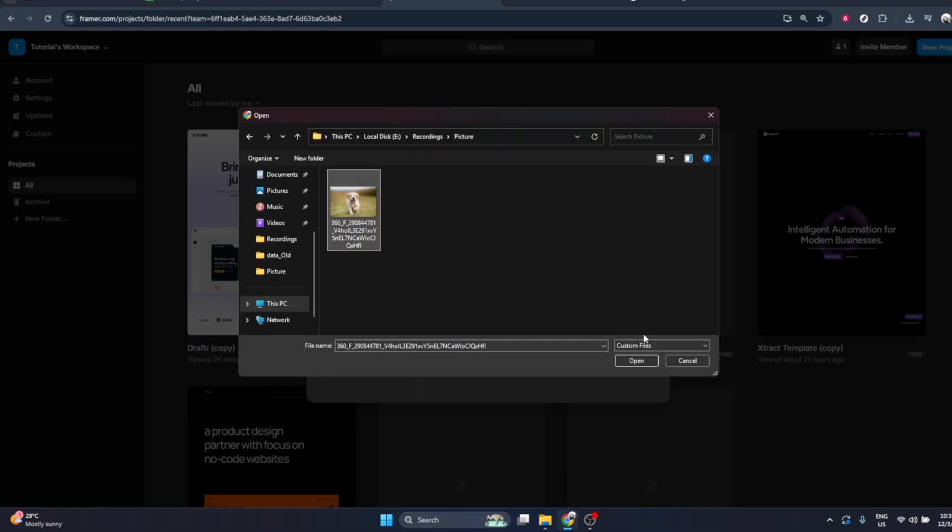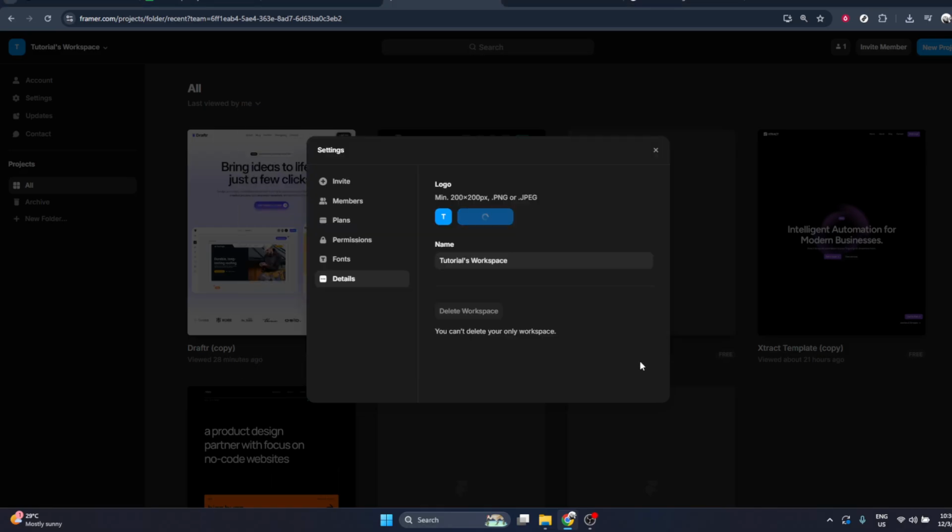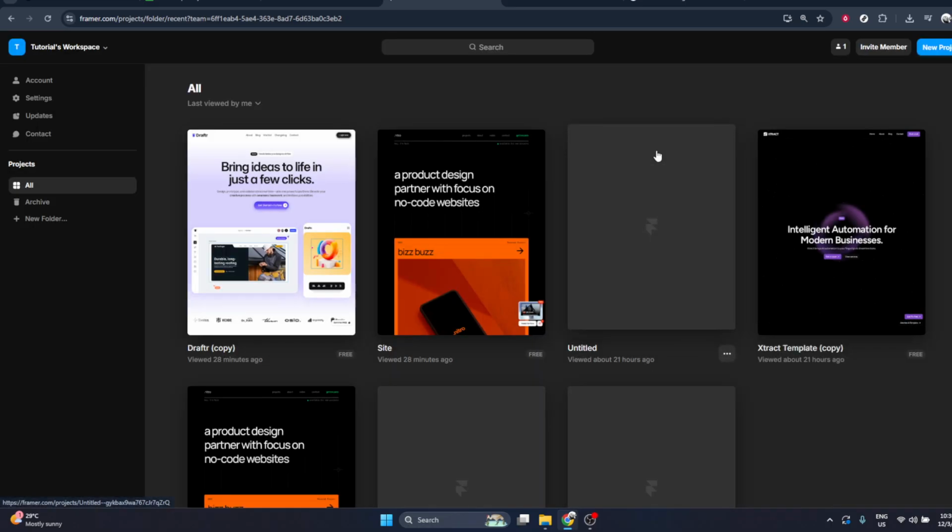Now, click on Upload Image. Your computer's file picker will open. Navigate to the folder where your logo file is saved, select the correct file, and confirm the upload. Framer will process the image and display a preview so you can see how it looks. If the logo doesn't appear the way you expect, you can always replace it by clicking the upload option again and choosing a different